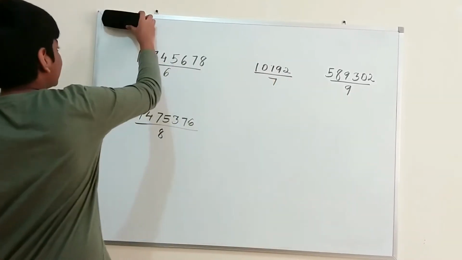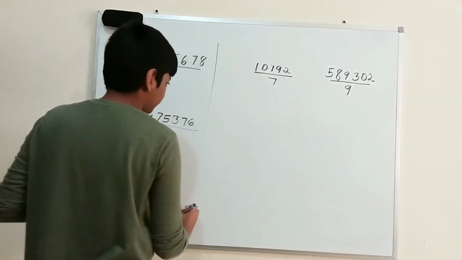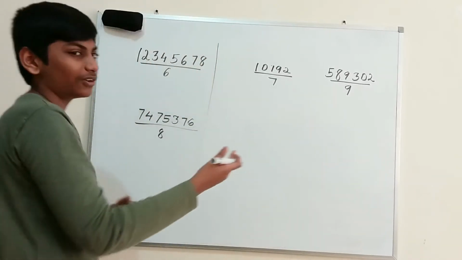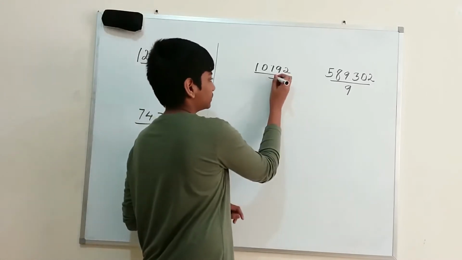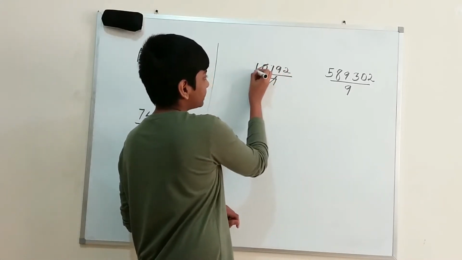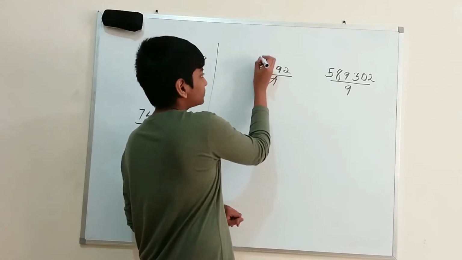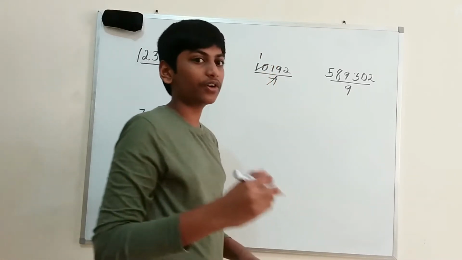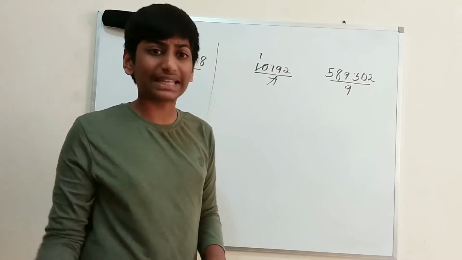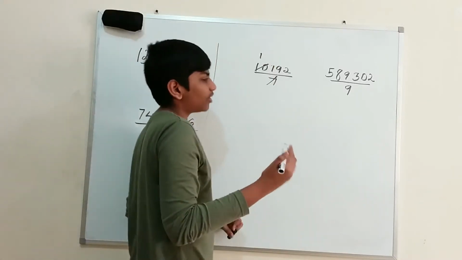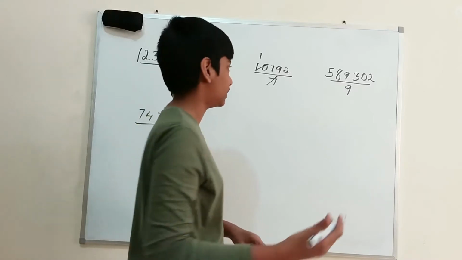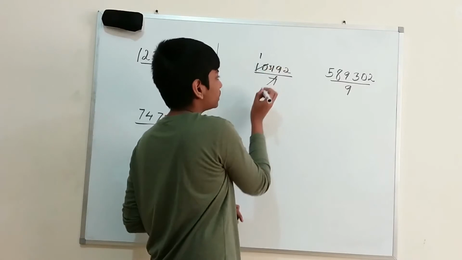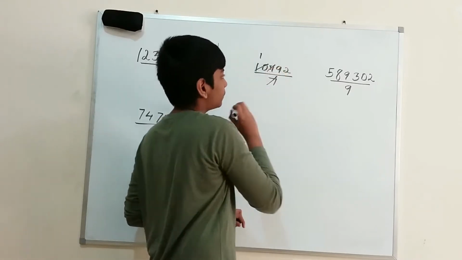Before getting into these two big numbers, first let's solve these two small numbers, compared to this they're small only. So first we'll solve this. 7 divided by 10: 1 seven is 7, which is lesser than 10. But if we go to 2, we'll get 14, which is higher than 10. We always need lesser than 10, not higher than 10 or the perfect 10. So 1 is there, and the remaining 3 comes over here, forming 31.